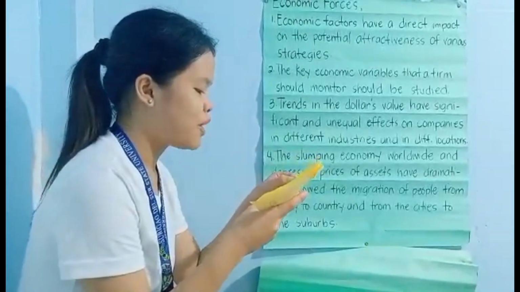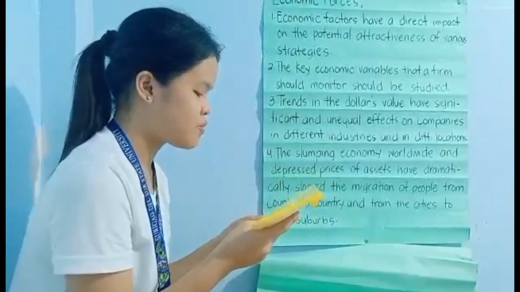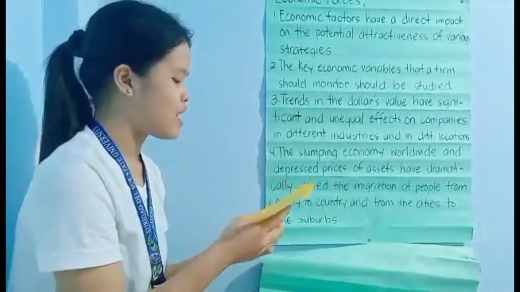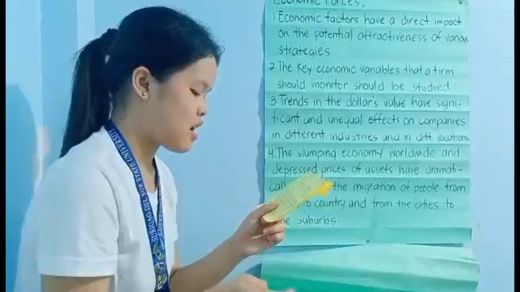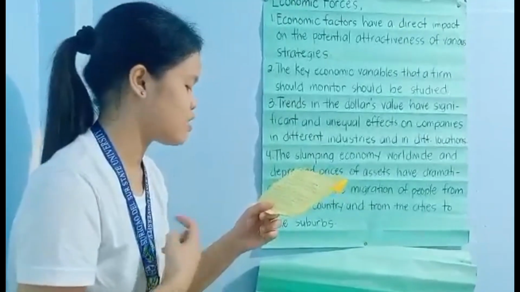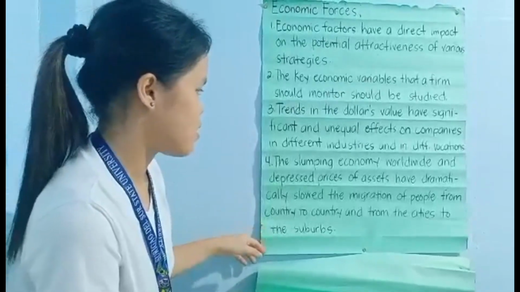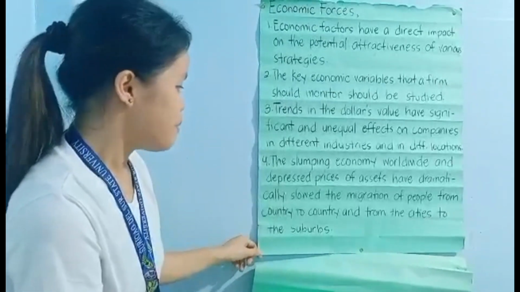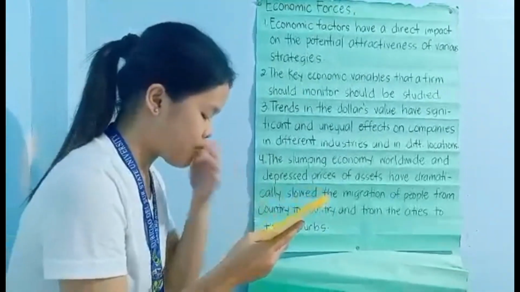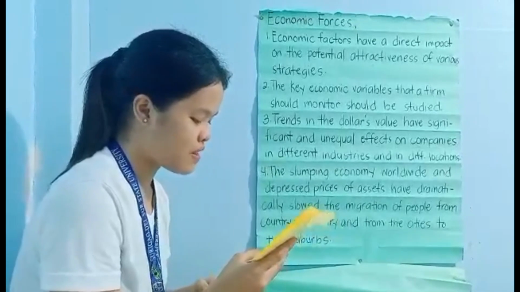For example, the pharmaceutical, tourism, entertainment, motor vehicle, aerospace, and forest products industries benefit greatly when the dollar falls against the yen and euro. Agricultural and petroleum industries are hampered by the dollar's rise against the currencies of Mexico, Brazil, Venezuela, and Australia. Number four, the slumping economy worldwide and depressed prices of assets have dramatically slowed the migration of people from country to country and from the cities to the suburbs. As a result, there is a lower demand for new or used homes, thus the housing market is